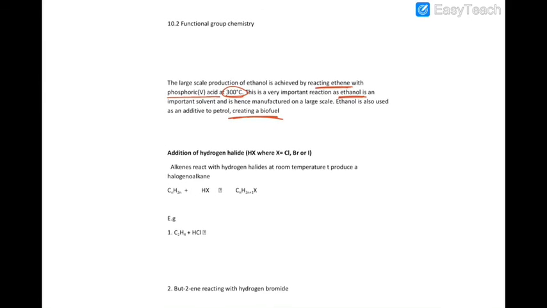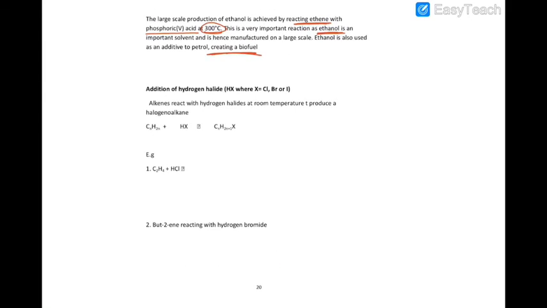The last addition reaction is addition with hydrogen halide. So you're adding any hydrogen halide, so HBr, HCl, HI, and these are going to be added across the double bond. For example, here you have ethene, so across ethene you're going to add HBr, so H is going to add